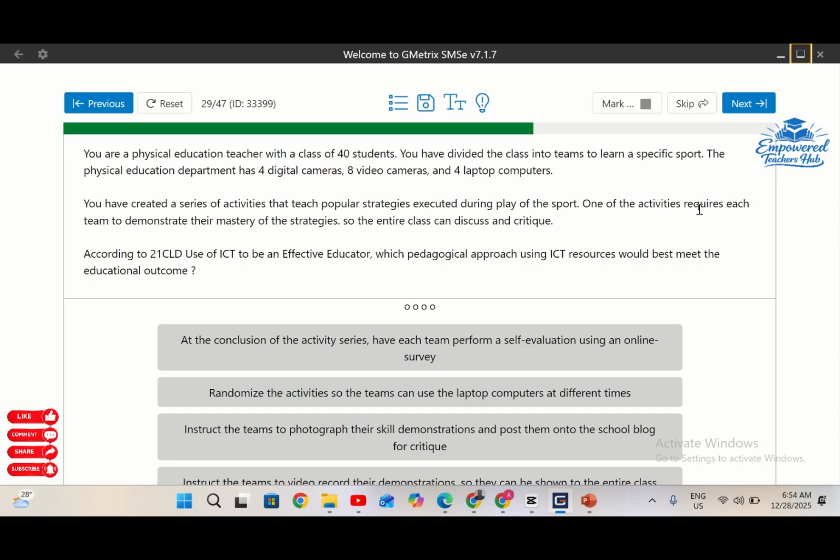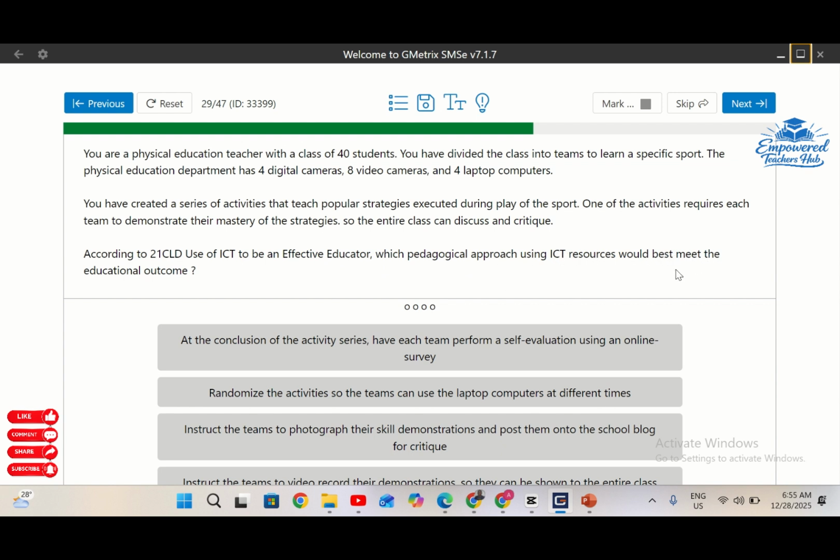One of the activities requires each team to demonstrate their mastery of the strategies so the entire class can discuss and critique. According to 21 CLD, use of ICT to be an effective educator,